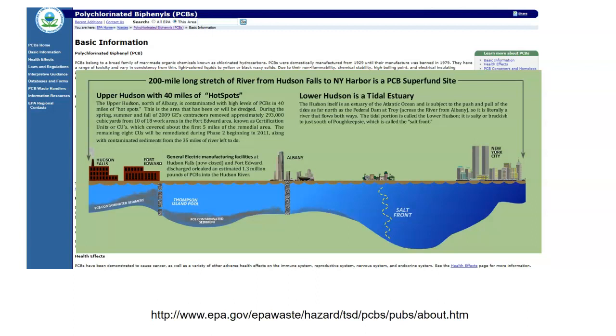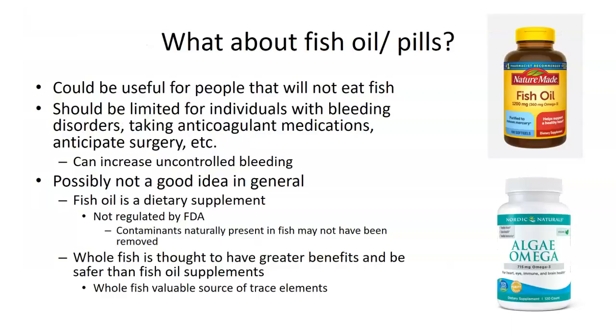This sort of idea is not only stuck to the Hudson River. This happens internationally, nationally. A lot of times, especially in the past, companies and manufacturers said, oh, I'm going to dump my waste directly into a water source. In this case, GE dumped 1.3 million pounds of PCBs into the Hudson River. Remember, this causes cancer, right? It affects the immune system. So be careful, again, if you're going out to catch fish. Just because you caught a fish doesn't mean it's actually safe to consume it.